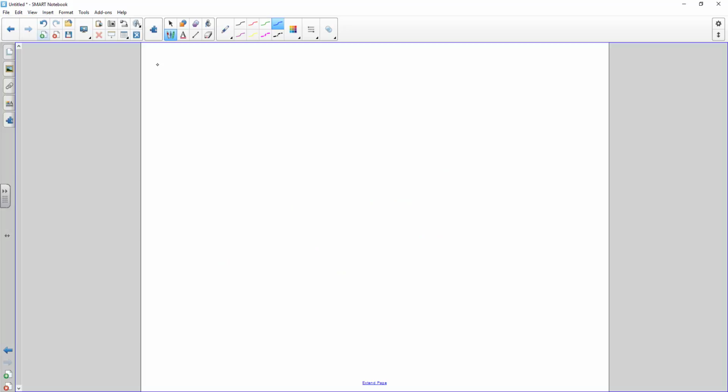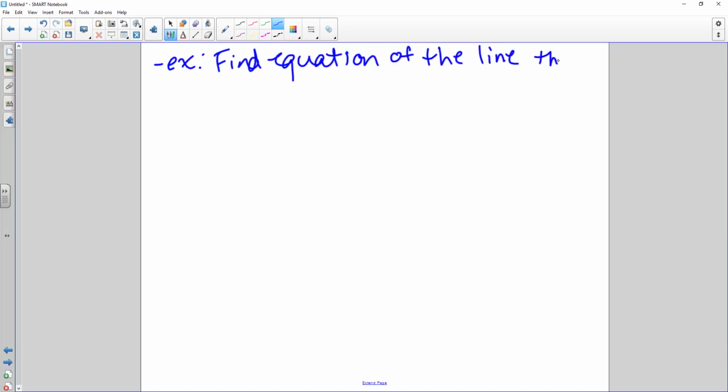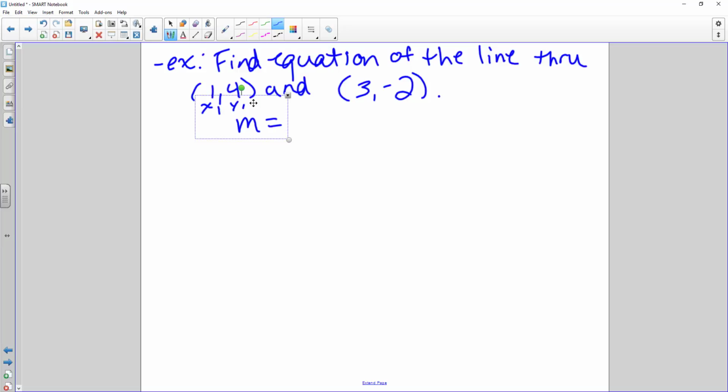Okay, let's do another one. How about this one? Find the equation of the line through (1, 4) and (3, -2). So this one's a little different because now I'm given 2 points. So before I find my equation of my line, I'm going to have to find my slope because I don't know my slope yet. So if this is my x1, y1,